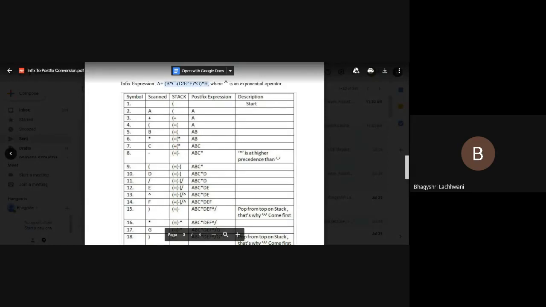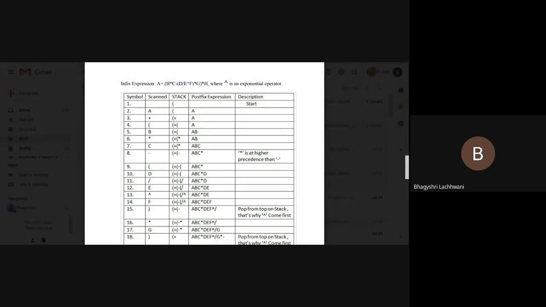So the starting bracket, it is again an operator, so we will just put it. See, what was the rule for the operator? You have to push all the operators onto the stack until a lower precedence operator is there. As we have discussed, the starting bracket has the lowest precedence, that means you have to put it as it is. So again the starting bracket is coming, that means you put it onto the stack as it is. So we will just put the starting bracket onto the stack as it is.